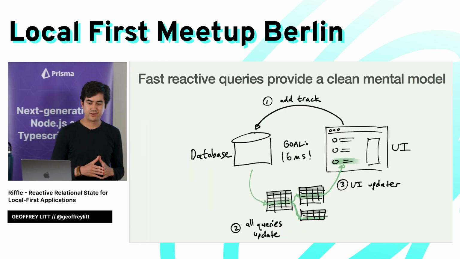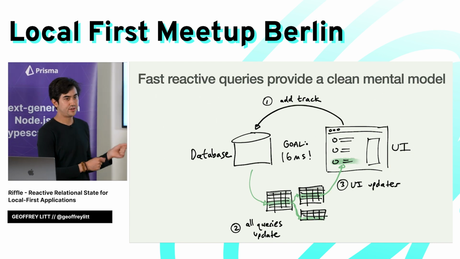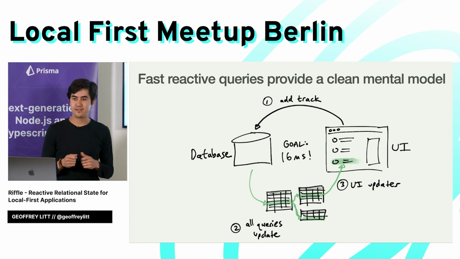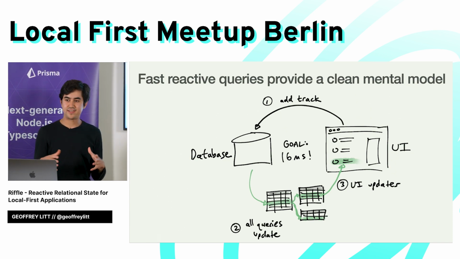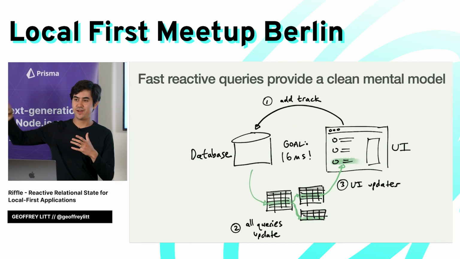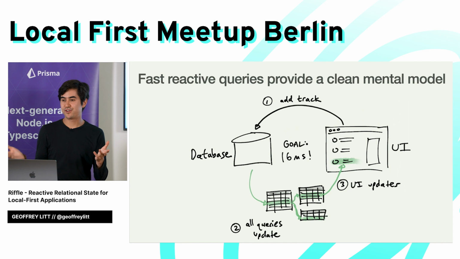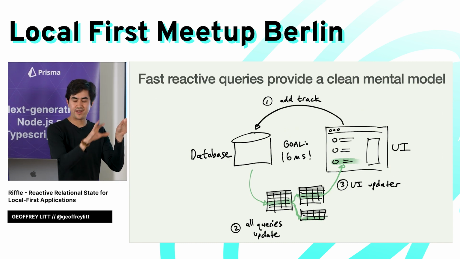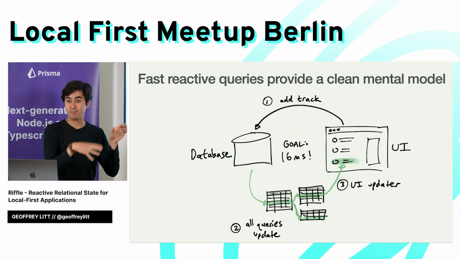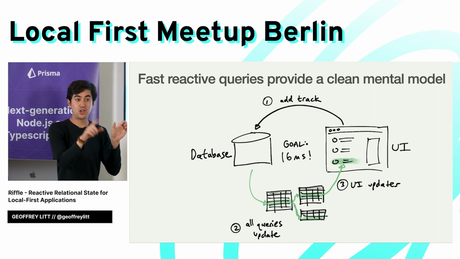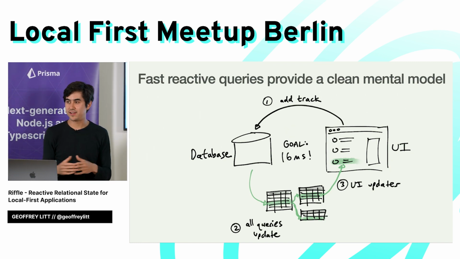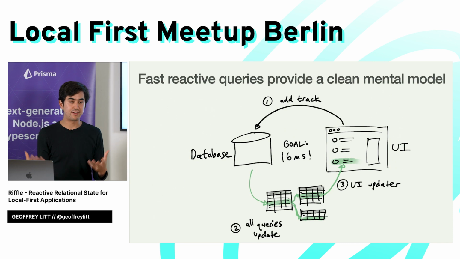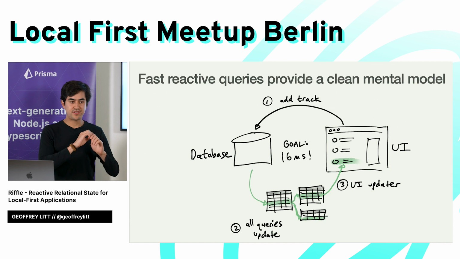The final benefit we've been going for is that fast reactive queries provide a clean mental model. What I mean by that is I really believe that the reactivity models in our applications are needlessly complicated because we have a lot of data far away. A very common thing, for example, is that you'll load a new view in a UI, but you know that the data is not going to be there yet, or maybe it might not be there yet. And so you have to have a loading spinner that you show while the data is coming in. There are these two steps to the process, and there are all these situations in apps that are caused by that fundamental issue of the data might be far away. But if the data is close by,